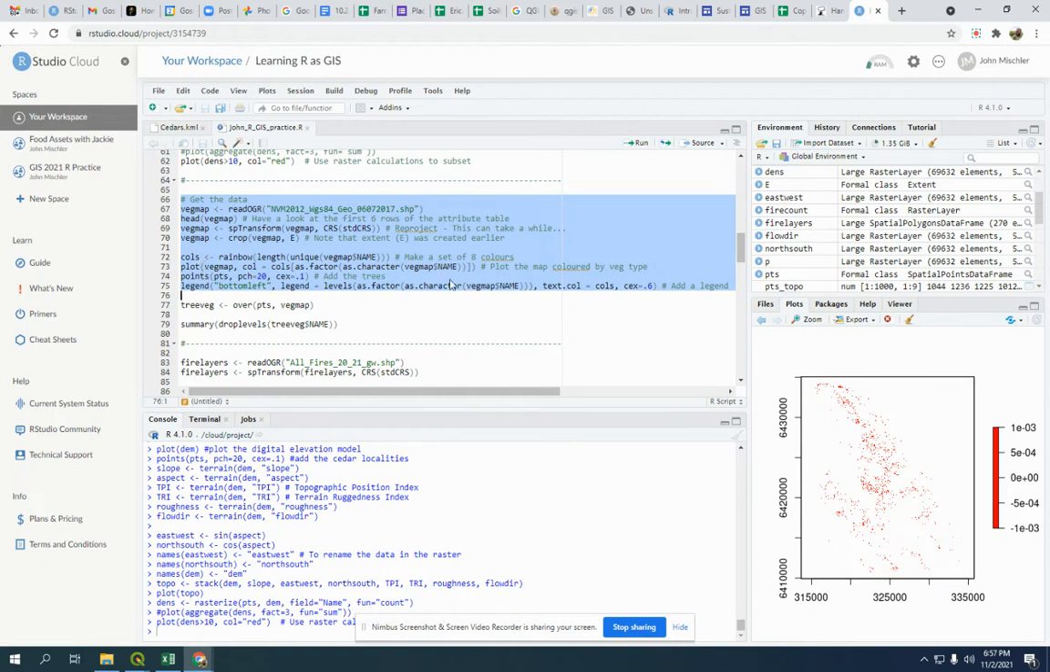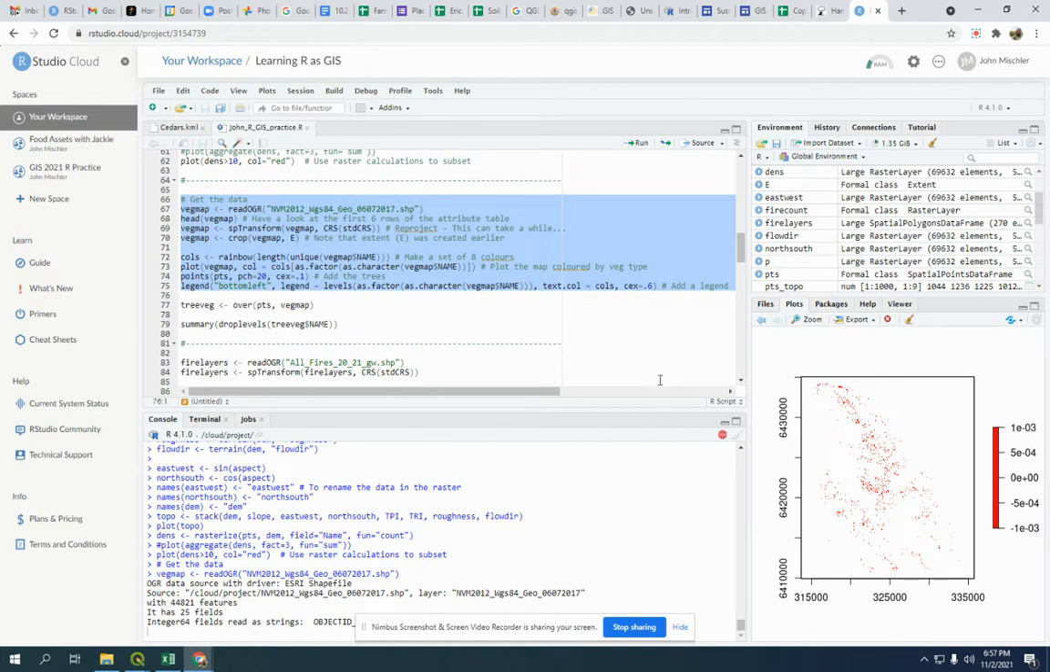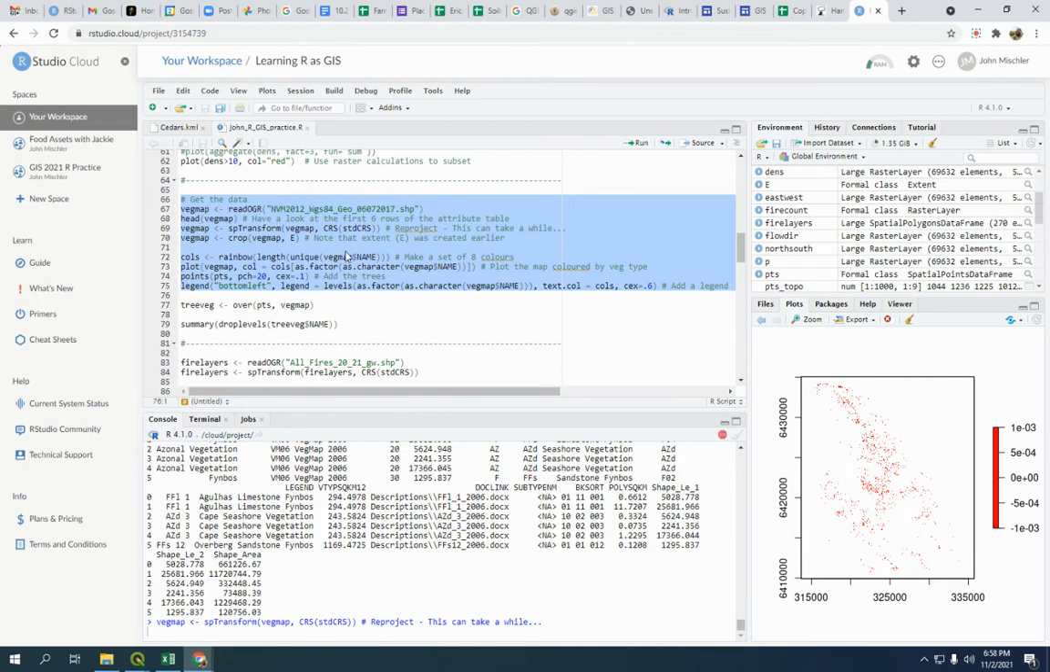So this is just a bunch of plotting variables. So this will take a minute because it's a large data set. Okay, so it's bringing it in. So now it's transforming, because that takes a little bit of time. So that's what we're waiting on here. We're waiting for it to get the proper coordinate reference system fixed for VegMap. And then what we're going to end up doing is